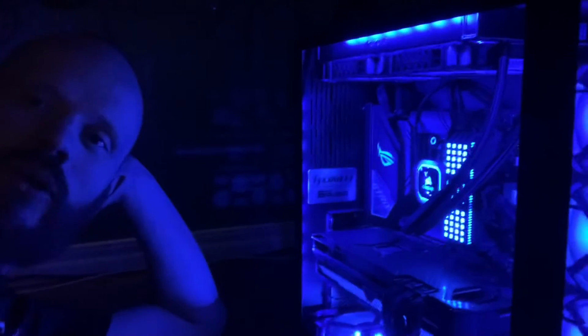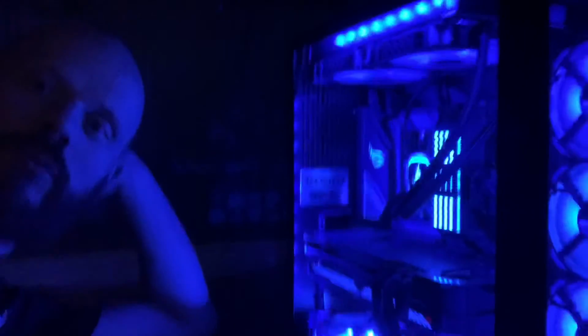And I think the blue one looks nice, because then the power switch is also in blue, and you can't change the color of that one. But white is more fun if you're gonna go full RGB. So yeah,